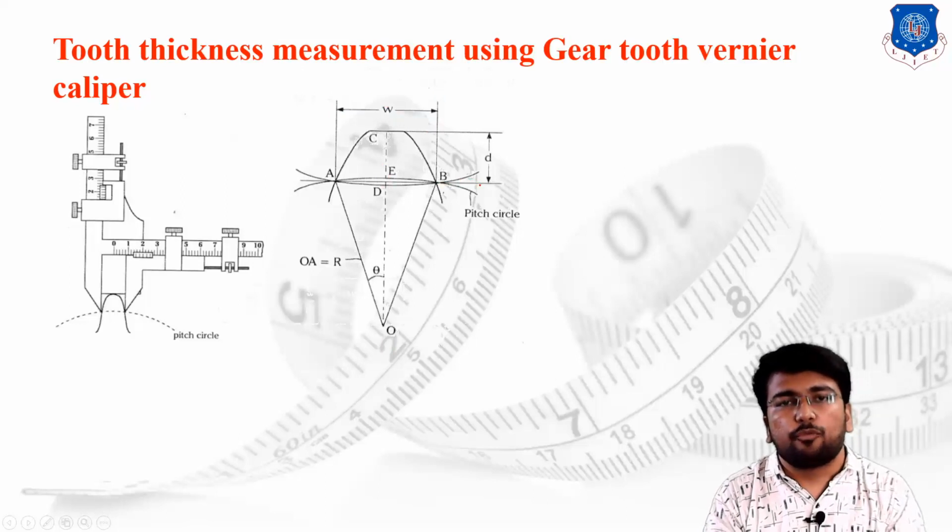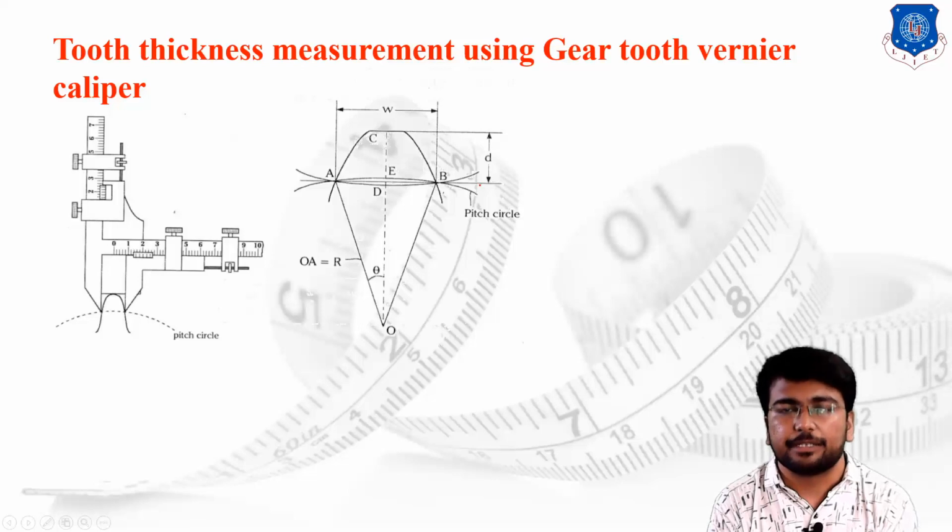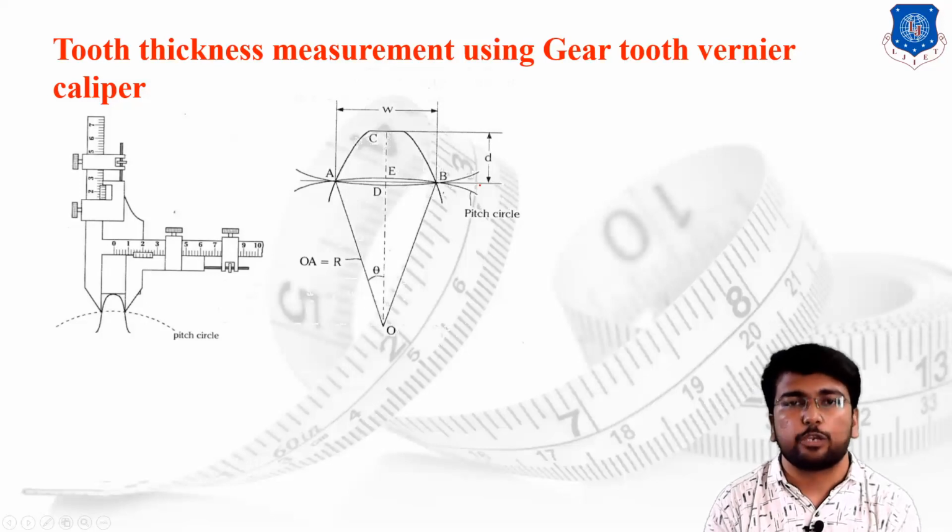So to find the value of W and D, we have to derive a basic equation. We have already derived a basic equation. The equation gives the value of D, and by taking the value of D as a reference, we are supposed to measure the value of W at each and every tooth. And if at each and every tooth the value of W, or we can say the width of the tooth, is the same, then I can say that the gear profile is exact, the gear profile is accurate.